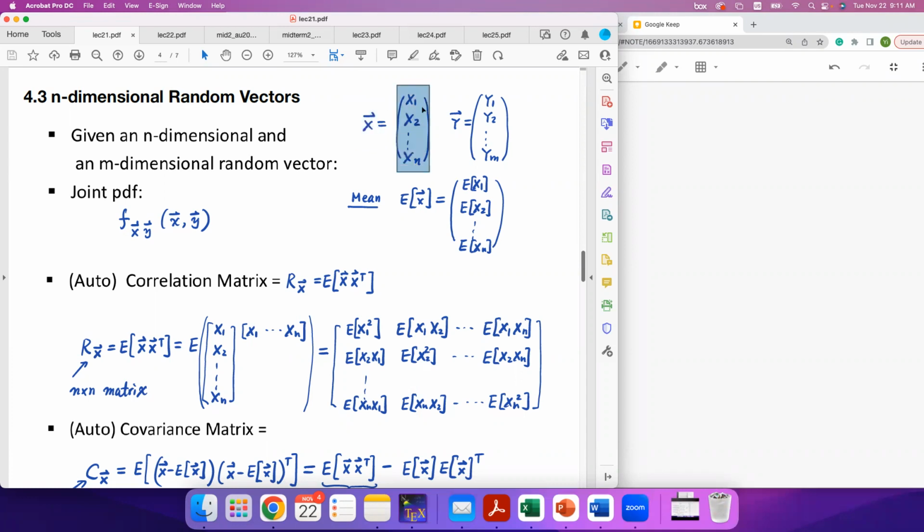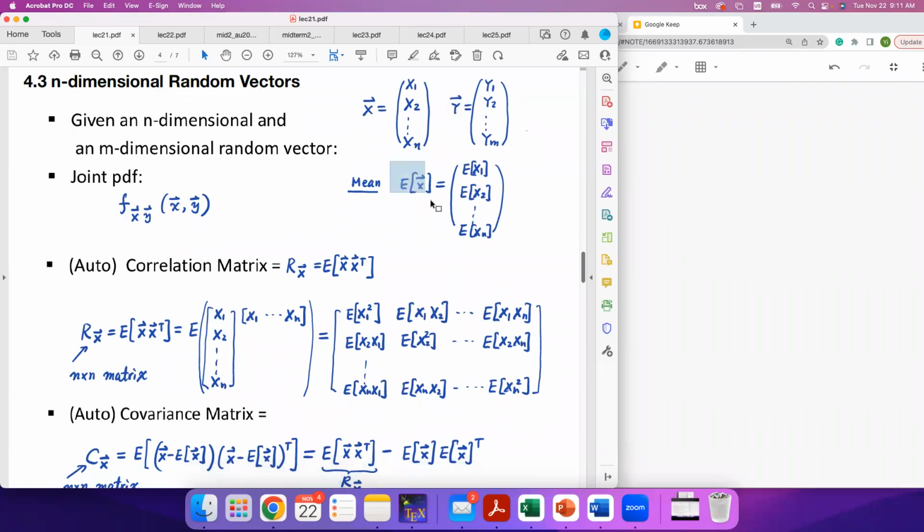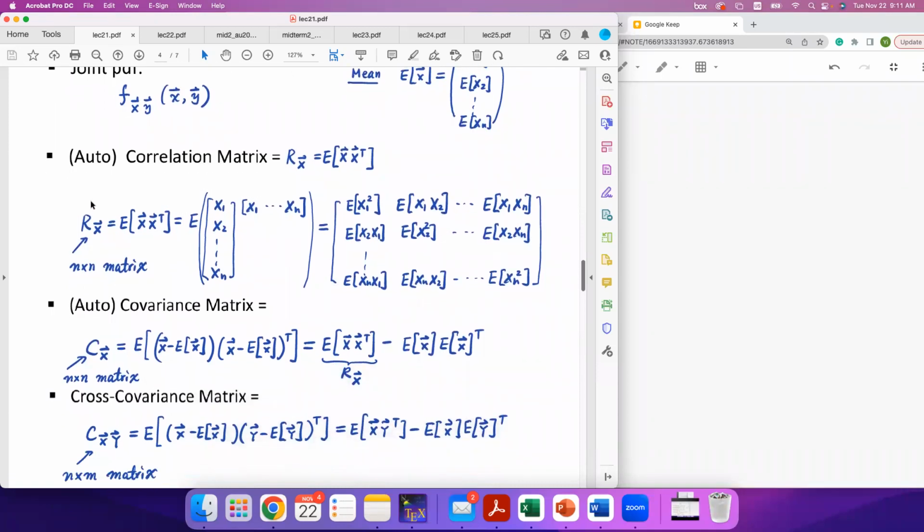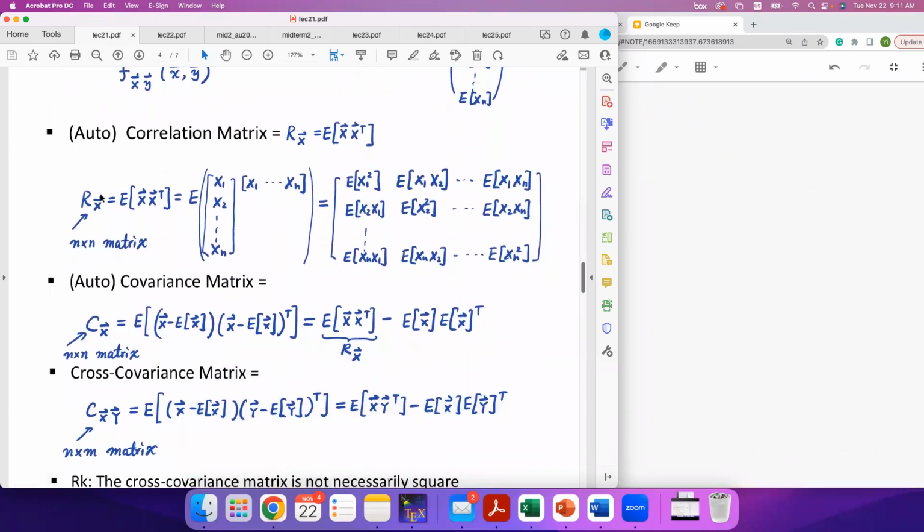So every coordinate is a single random variable. And for y, a vector of y, it is also a vector of random variables. And we can define the mean in a coordinate-wise sense, a very straightforward extension. And more importantly, we can define all these second-order statistics, the